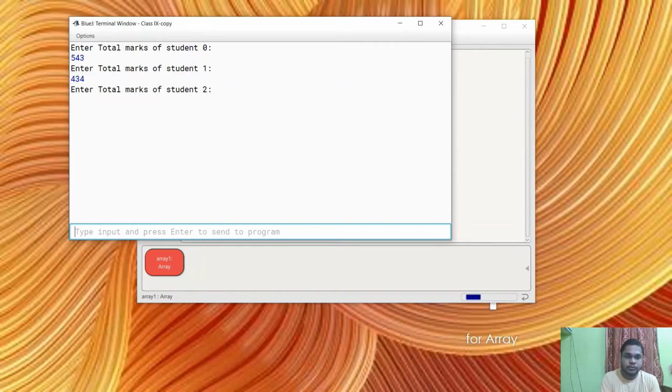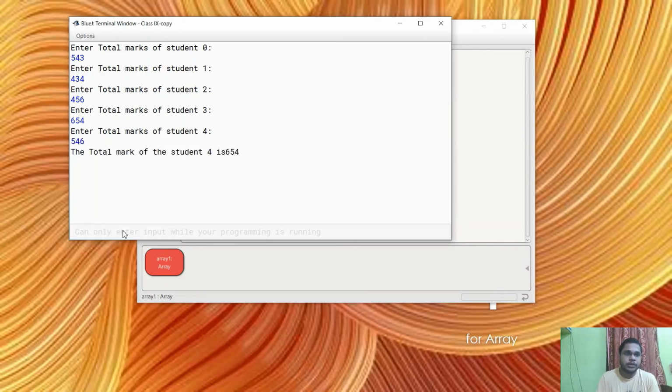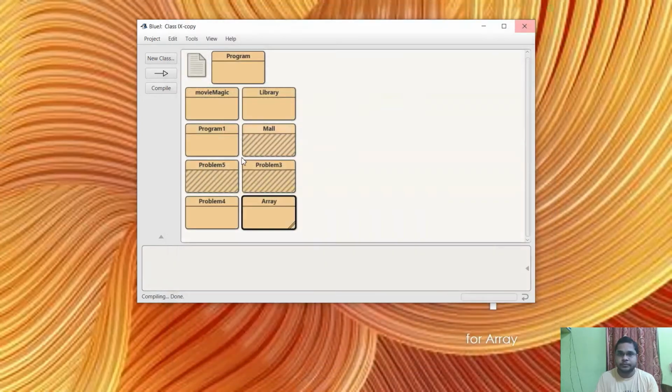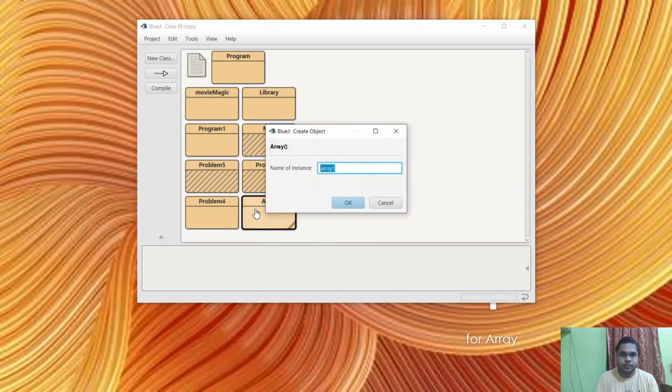That is 434, like that 456, then 654, and the last one 546. So here it is, the total mark of student 4 is 654. Why? Because the printing is wrong, right? The student number 3 is the correct one. So here it is, student 3. Again, let's run the program.